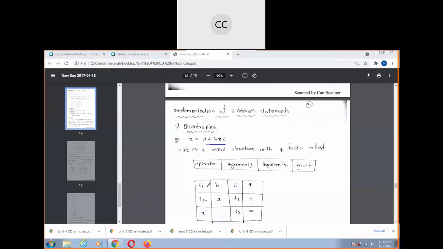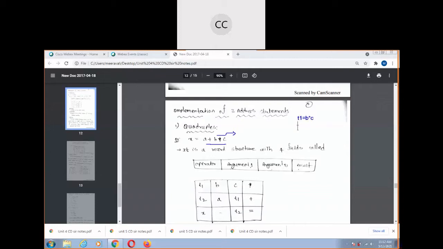So if I write it, what is one? T1 equal to first b star c, because this is the highest priority. So I have replaced it with T1. T1 equal to b star c.